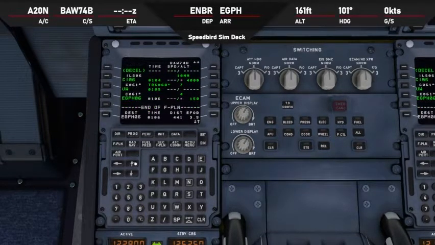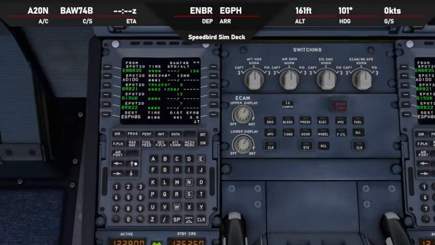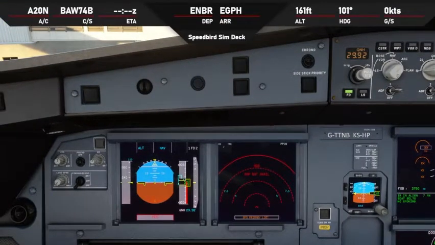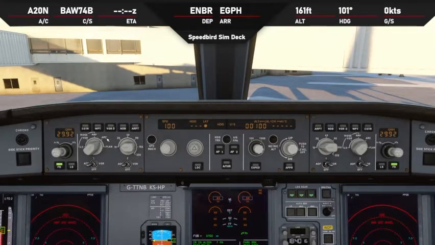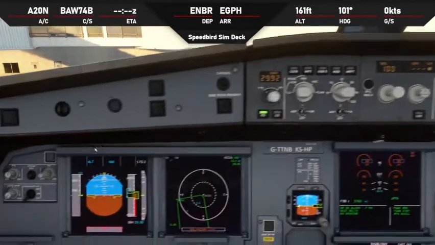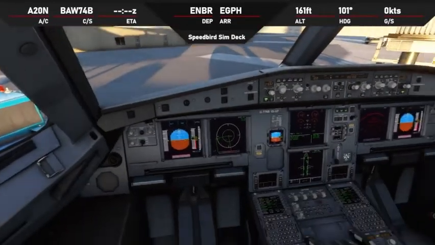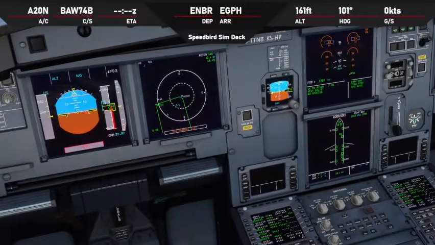We'll take a look at that in a second on the MCDU. Right, so let's have a look now. So we turn this knob here. What we're going to do, you can see on the arc, it's got arc, which is what you normally have it set to. I'm going to go to plan, and that's our route. And if I just come back a little bit, this is really hard for you guys to see, I appreciate that, but